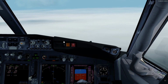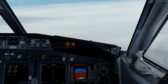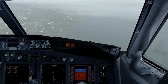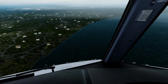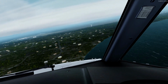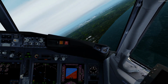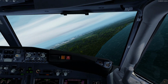Just realised the airport's right in front of us. So we definitely need to get that nose down. It's not how I usually fly, it's just an example of the weather. Oh god. Right. There's that. So where's the airport? Oh wow. We're right in front of the runway, that's lucky then, isn't it? Wait, that's not the runway. Go to the right a bit more. There's the runway. Yeah, so what you'll find is, hopefully, if it wants to work, when we're on the ground,